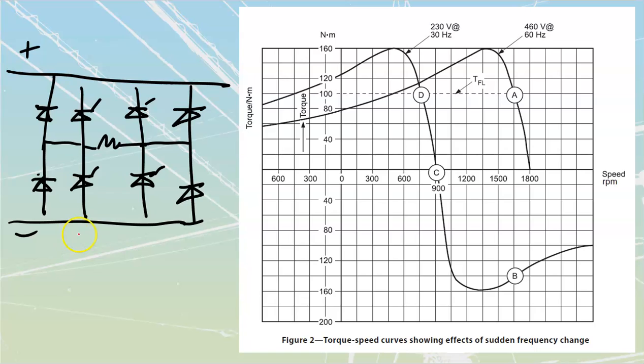Let's say that we have got current flow that is going through, sorry, this one here is backwards. I keep drawing this thing backwards, but that's okay. That's much better. Like that. Okay. So now when we have got current flow that is going through, and this current flow is